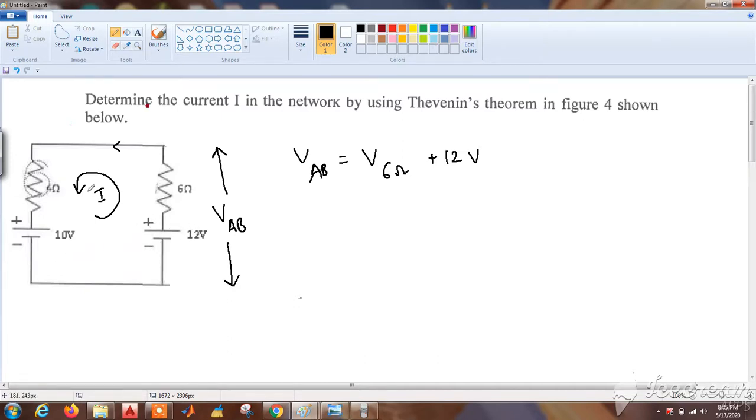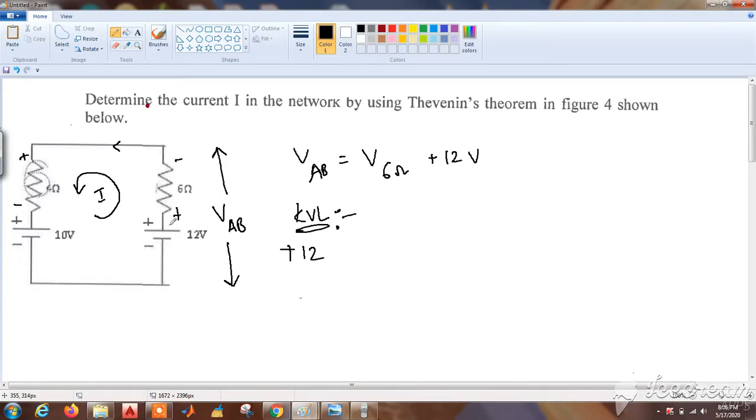So let us start KVL, that is I am denoting, as I am going in anti-clockwise direction, I am denoting plus and minus signs to the resistors. You can see as I am going, but do not change the sign of any voltage sources every time, whether you take clockwise, whether you take anti-clockwise. So starting from 12 volts, the second sign is plus. So plus, this is KVL. And KVL, please note that the KVL states that the sum of the voltages inside a closed loop is equal to 0. So 12 volts, second sign is plus, so plus 12.